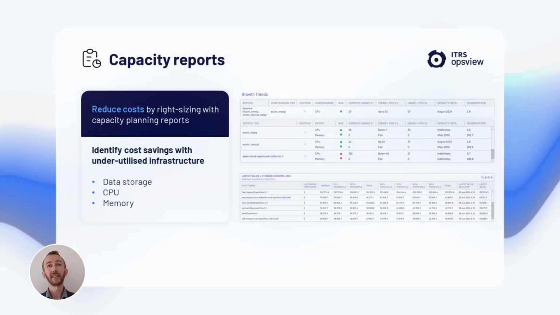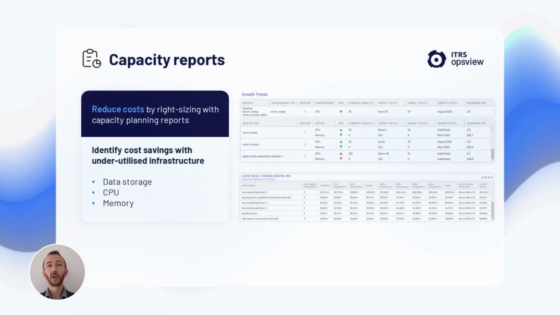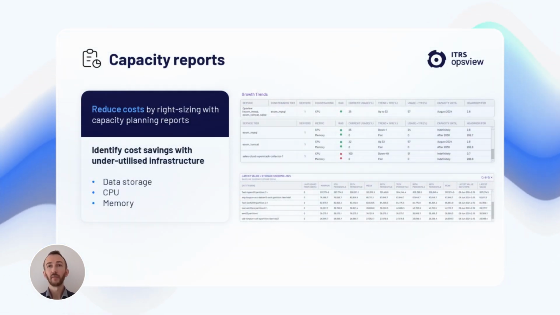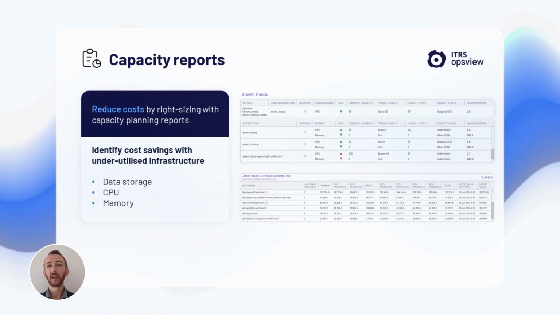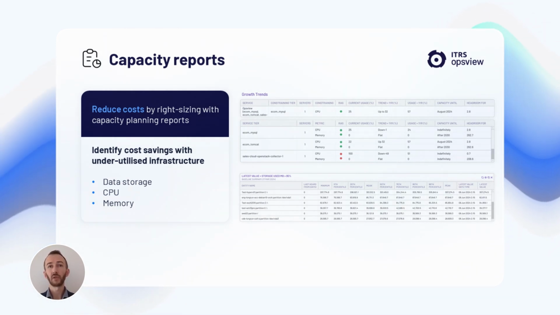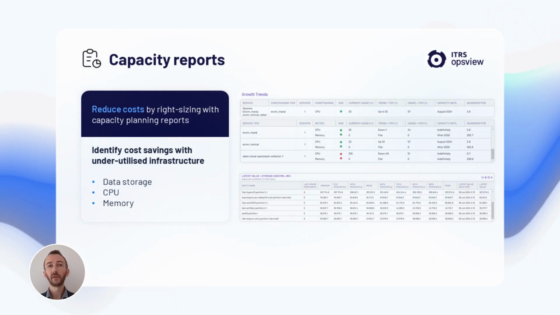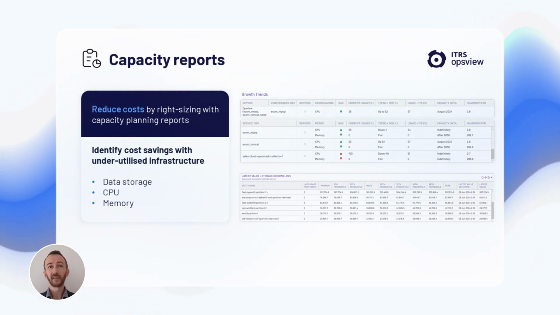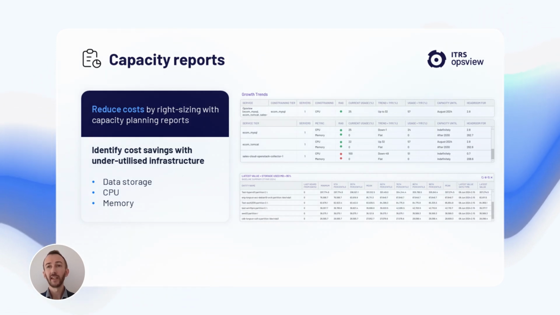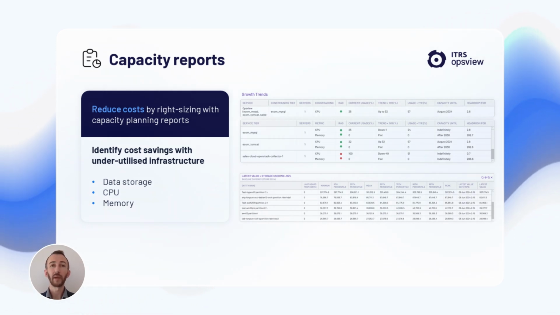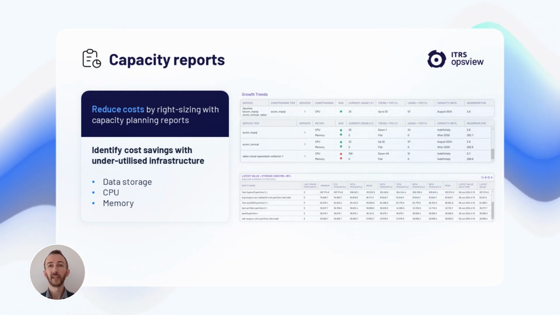And finally, capacity reports. This is for our cloud customers, as mentioned earlier, but the real focus on this is showing you some of the growth trends, the additional headroom you might have, but also identifying those cost savings, showing you underutilized infrastructure such as data storage with CPU, with memory, across your entire estate, so you can make sure you focus on what's going to give you the best bang for buck in terms of cost savings,